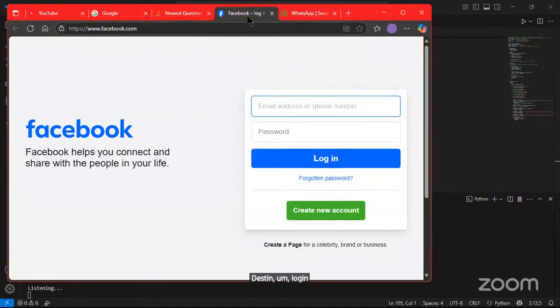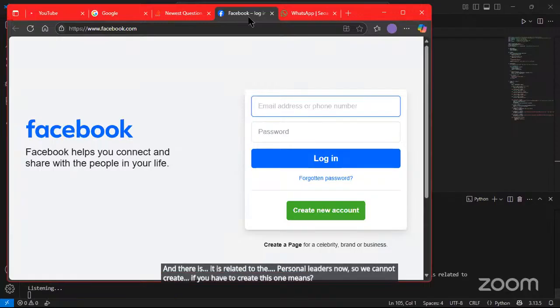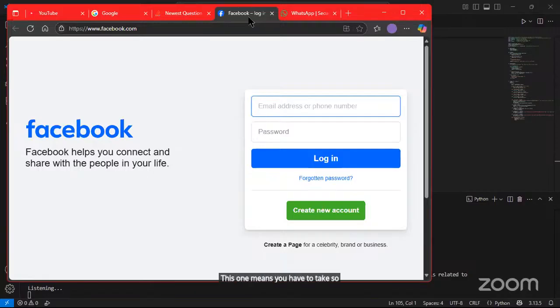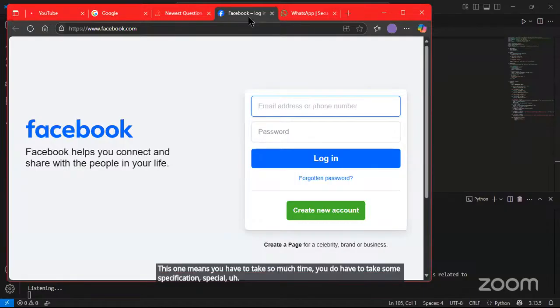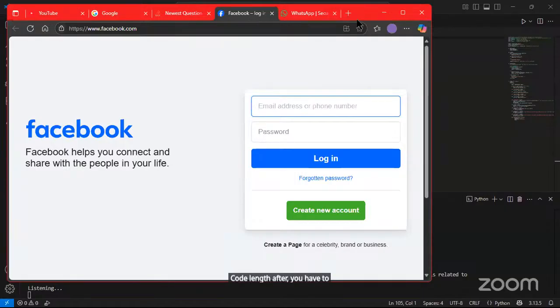It does not go into your login, since that relates to personal details. We cannot create that. If you want to create it, it takes so much time, and you have to use special code lines to generate it. Okay, so this is a basic thing. Okay, it opens the home page.